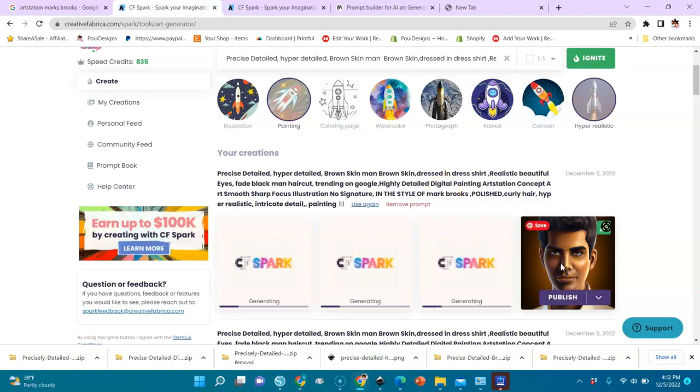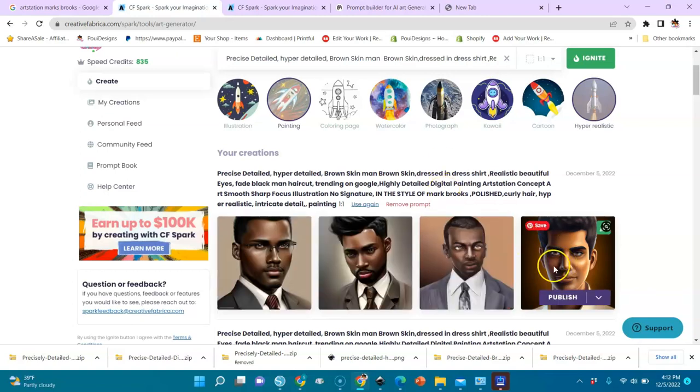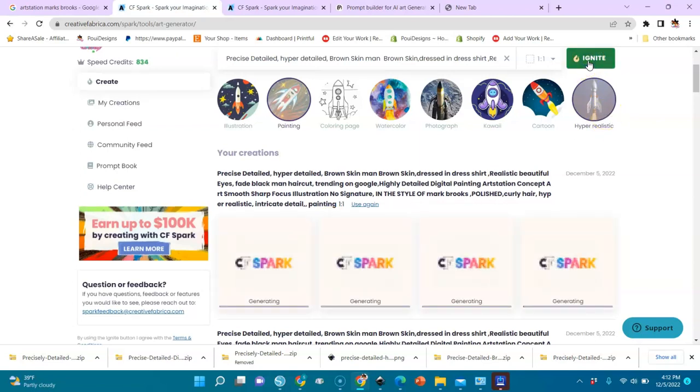Oh, we have a good one here. It's a brown skinned man. Okay, now we started getting very nice ones. You see here, we started getting nice ones. We said we want them with curly hair. The curly hair didn't really come out good yet. We run it again. Let's see what we get. Okay, this is how you run it.